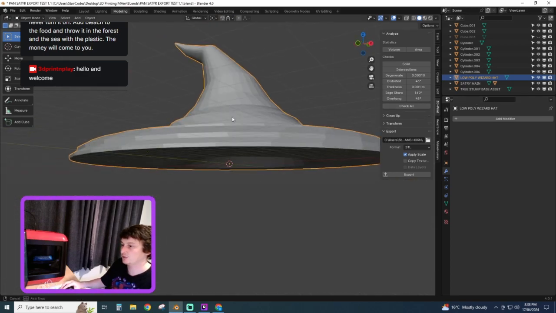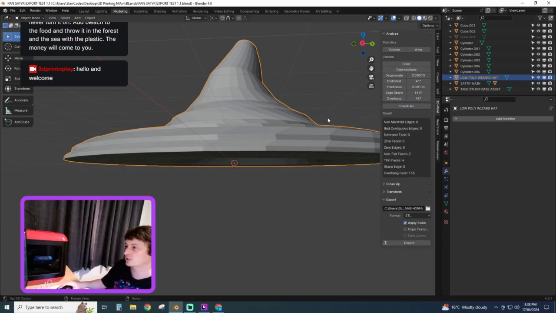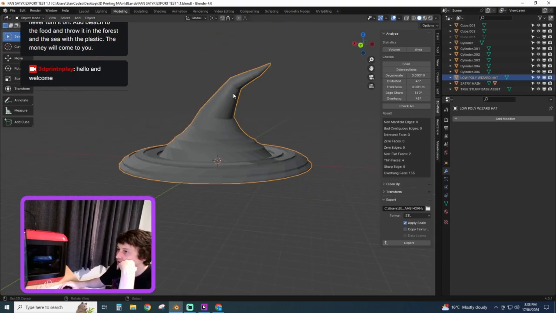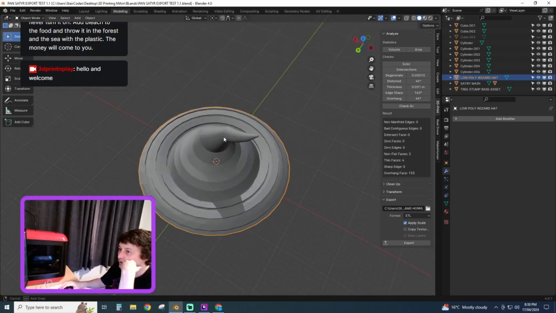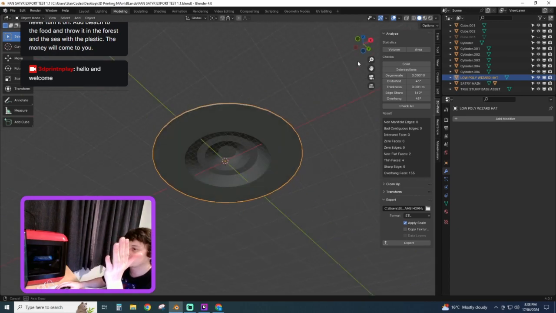Okay, so there's my low poly wizard's hat. That should be ready to go. I'm going to confirm that by throwing it through the 3D print tool and checking all. Look, it's very happy. Especially look at these non-manifold edges, bad contiguous edges: 0. Anything below that doesn't matter. You can see it's definitely pretty low poly. There are overhang faces, but they're not big overhang faces. You can use that to go, is this all fine? Would I need to print it from its side upwards or something like that? I definitely could. I'm just going to print this flat.